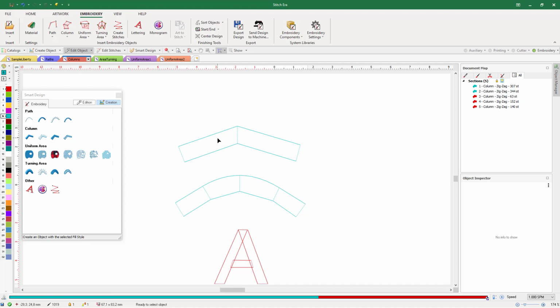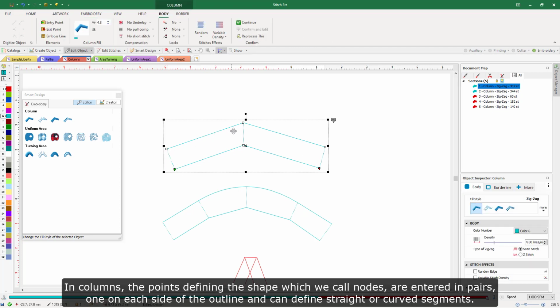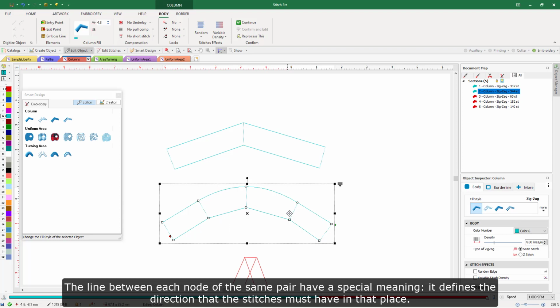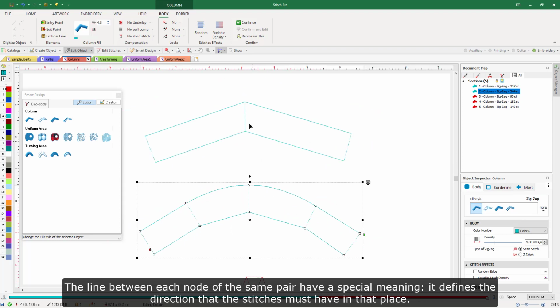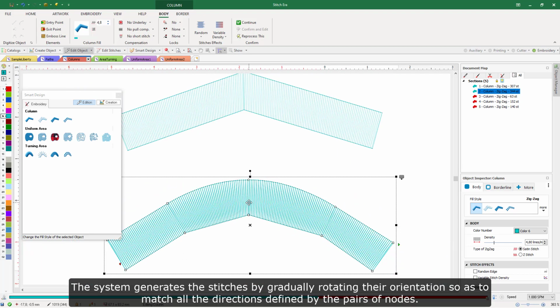outline. In columns, the points defining the shape, which we call nodes, are entered in pairs, one on each side of the outline, and can define straight or curved segments. The line between each node of the same pair has a special meaning. It defines the direction that the stitches must have in that place. The system generates the stitches by gradually rotating their orientation so as to match all the directions defined by the